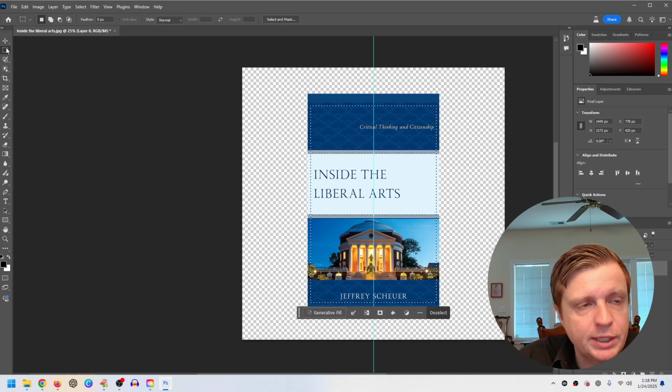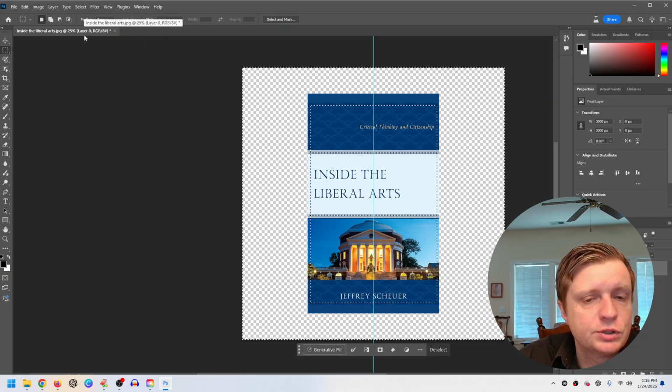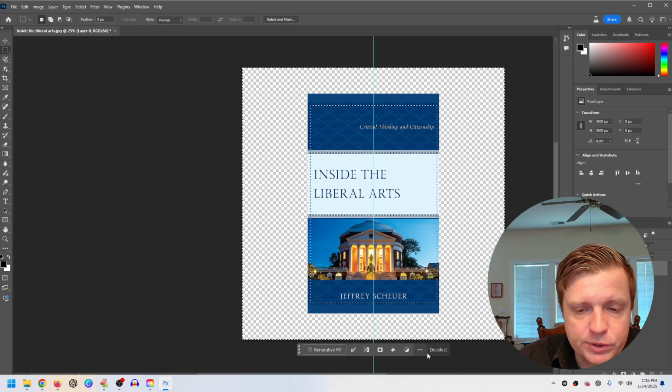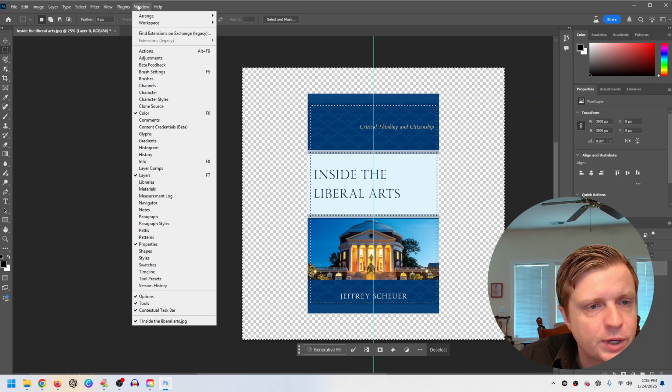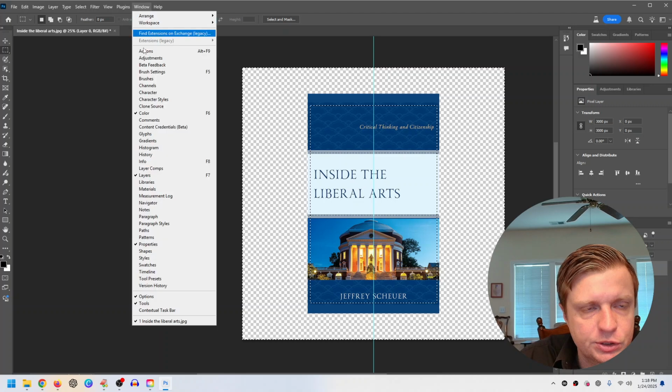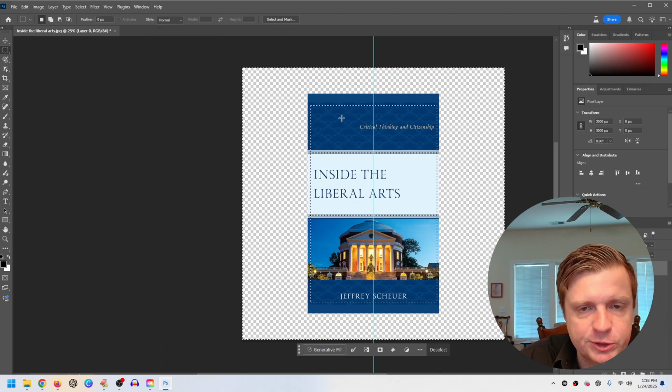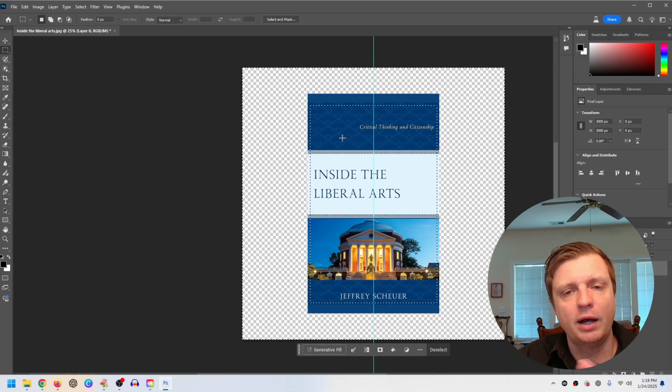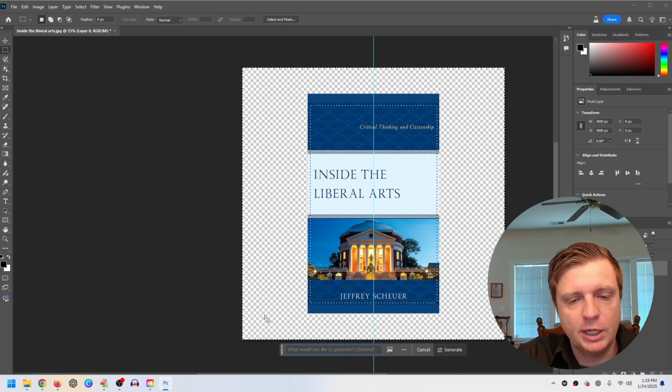So we use that rectangular marquee to select, then do a select inverse. This is really important. Don't skip that step. Now we're selecting the outer range of that. And because it's Photoshop beta, there's this thing that hovers, this generative fill. I believe if you don't see that, it's the contextual taskbar. So if you don't see this, just make sure you go Window, Contextual Taskbar. It's this floaty thing. So we made a selection, select inverse, generative fill, and you just click that button, and